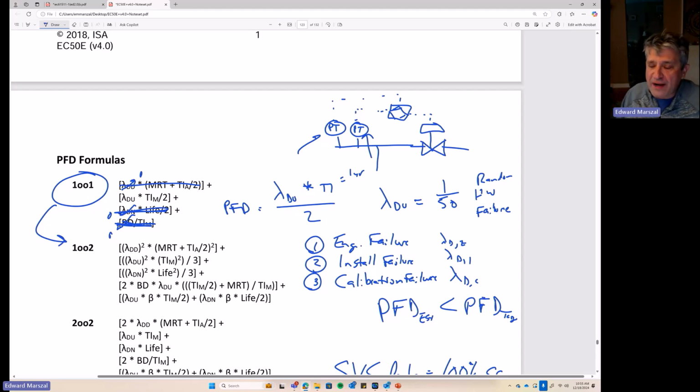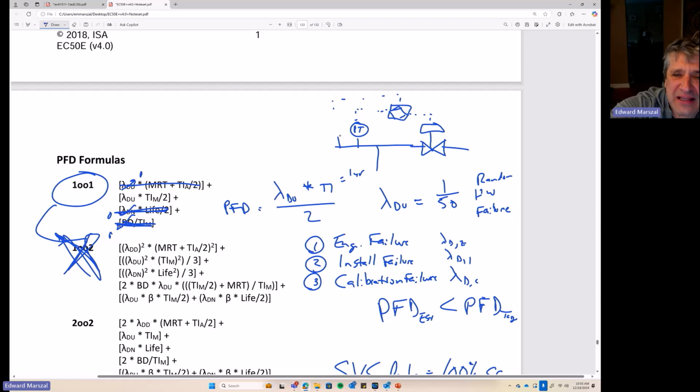So when it comes to systematic failures, when it comes to human failures, increasing your hardware fault tolerance, changing your voting arrangement does nothing to improve the situation because the human failure is 100% common cause. Huh. Okay. So the lambda D or the voting arrangement, that didn't help me. But what if I test it more often?